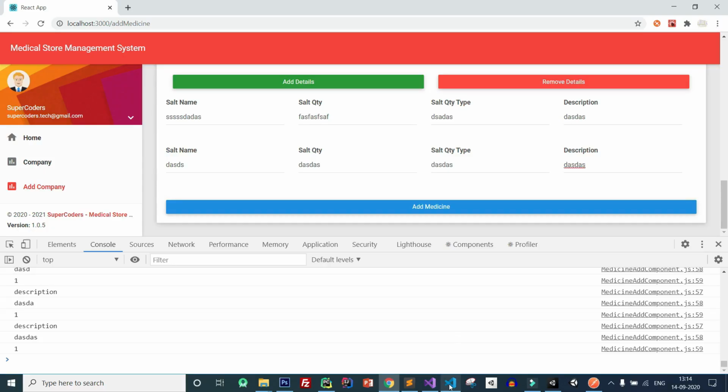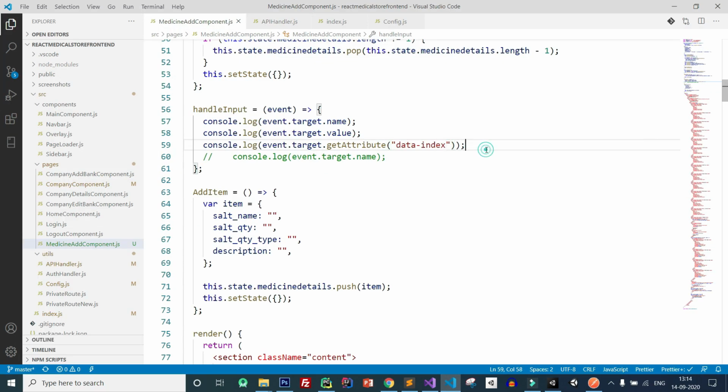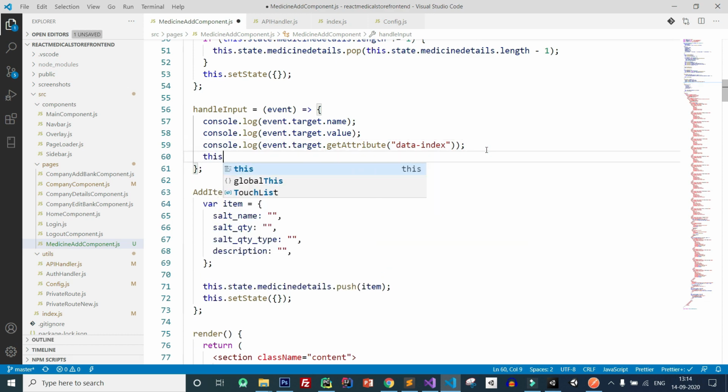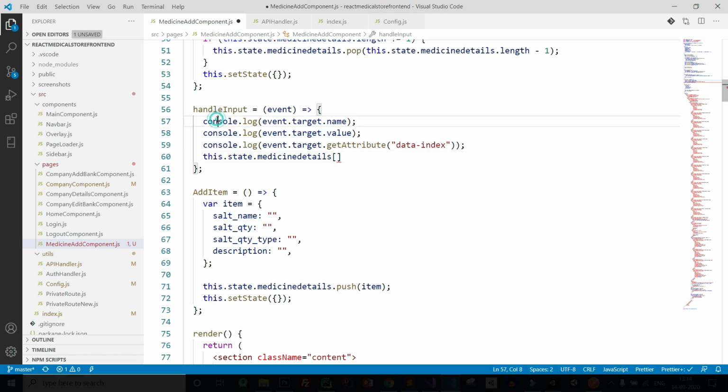So back to VS Code. After that, let's set this. So again, this.state.medicineDetails, then index. So our index is inside. Let's see where key name equal to, then after that value.